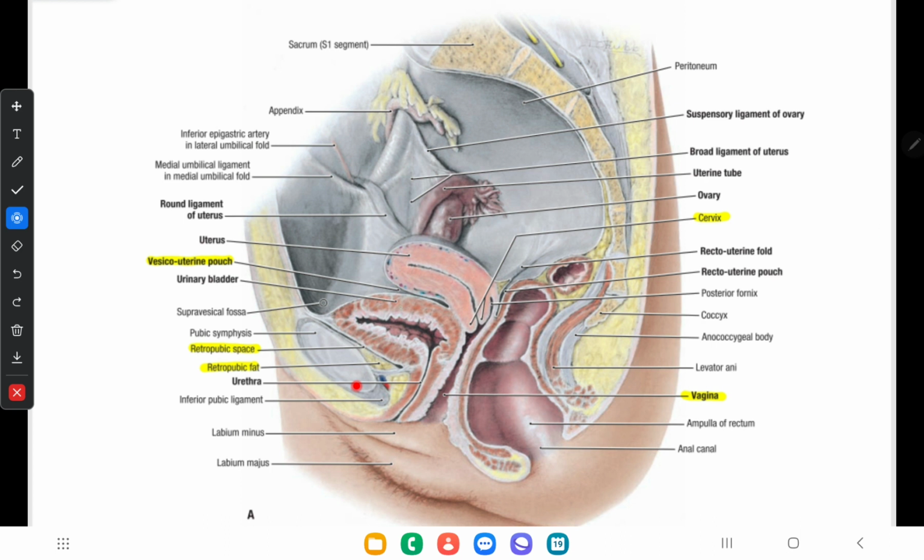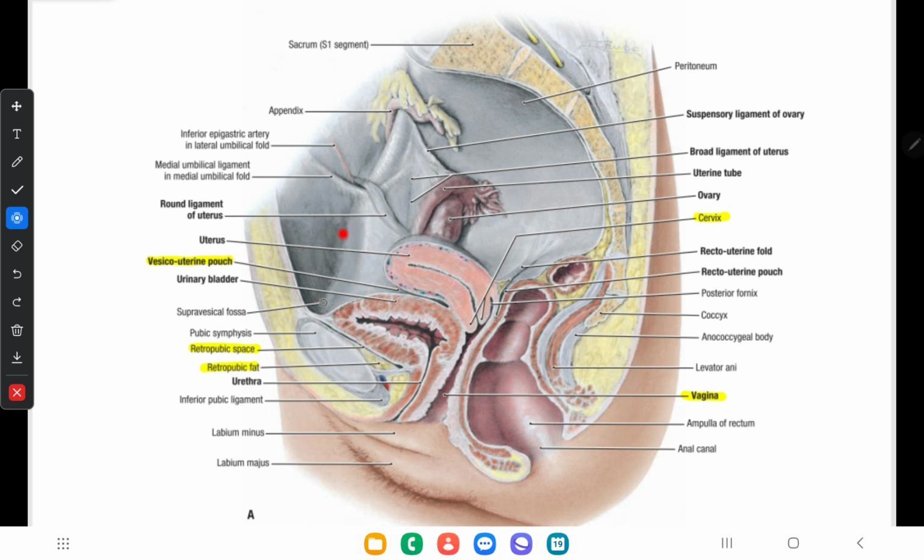The bladder is made up of muscular tissue. You can see it is strongly made up of a muscular wall, and its shape and relations vary according to the amount of urine that the bladder contains. If there is no urine or a very low amount of urine in the bladder, it is like a pelvic organ like this. But if it fills with urine, this